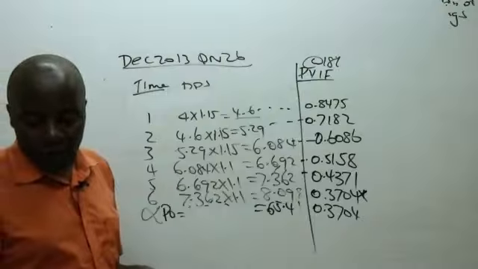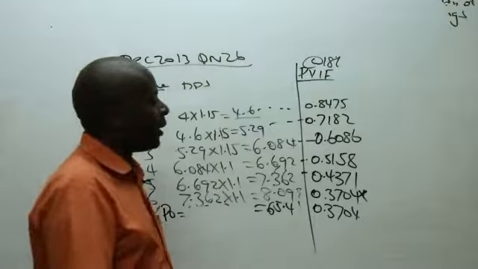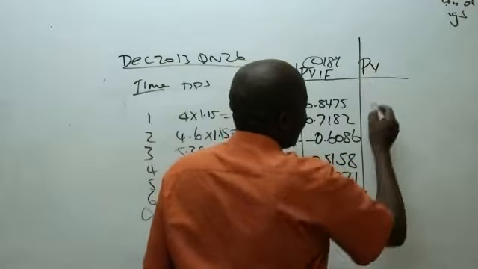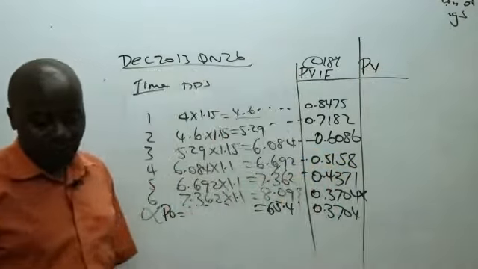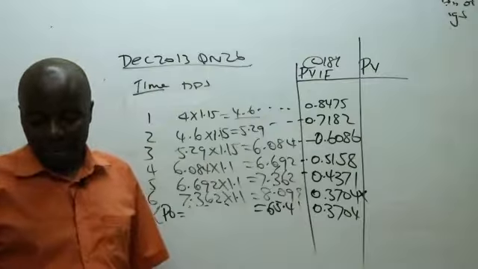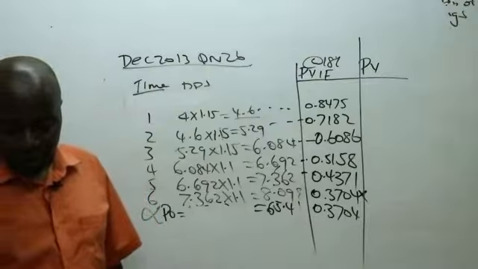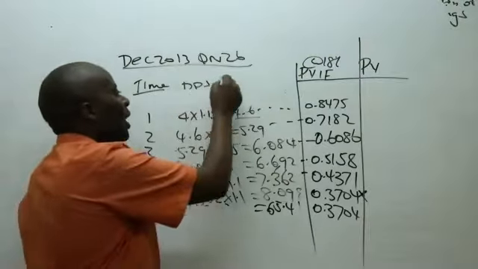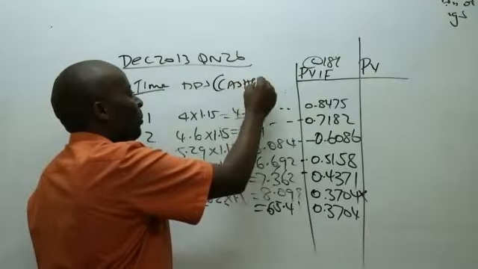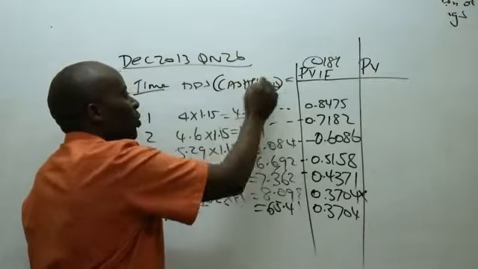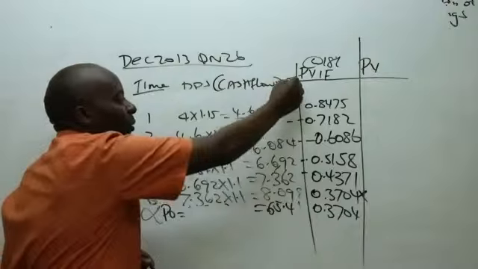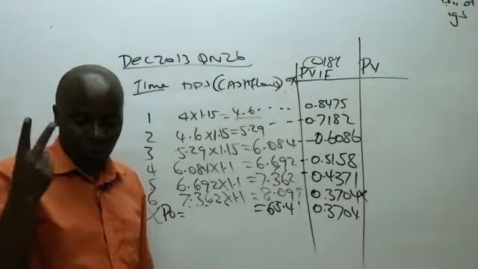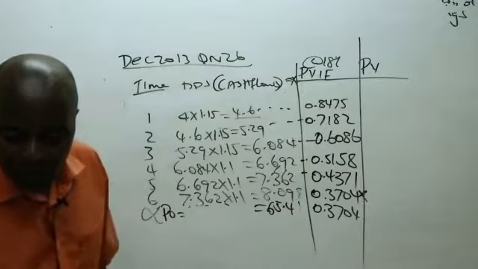And now, ladies and gentlemen, come and give us a column here where you ascertain the present value. So how do we get the present values? We are taking these DPSs as our cash flows. So you multiply with the PV for you to give us the present value, preferably into decimal places. What do we have there?